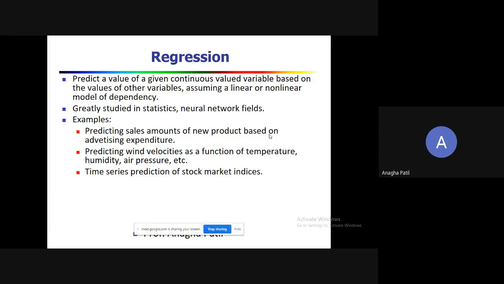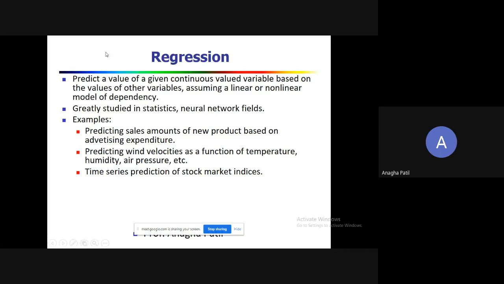For example, if I am the manager of a particular store and I know the sales of my store in this particular month, I can predict what the sales amount will be at the end of the third month, the fifth month, or the 12th month, and so on. Here the prediction is numerical, and it is not based on any class label.